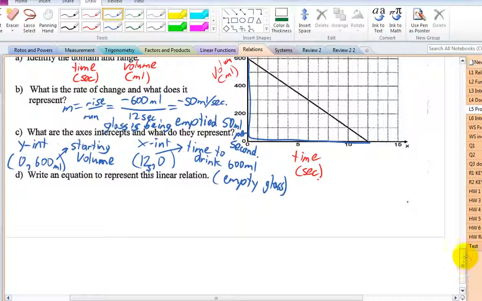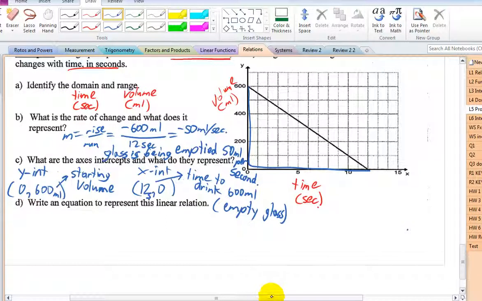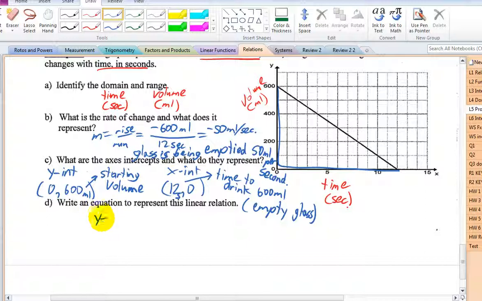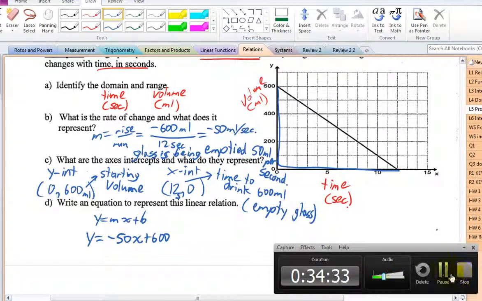All right. Write an equation to represent this relation. Well, y equals mx plus b. What's m? We found that up above in part D. Sorry, B as in Bob. Our m is negative 50. What's b? What's our y-intercept? We found that up above. It's 600. So it's easy to make the equation because we give you